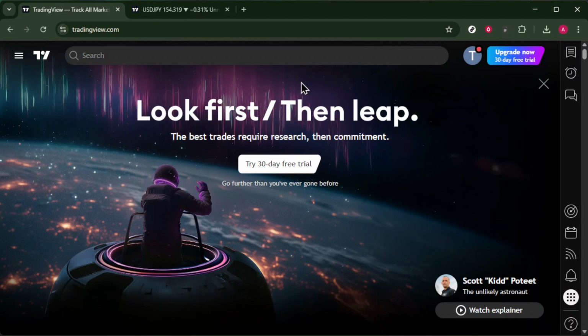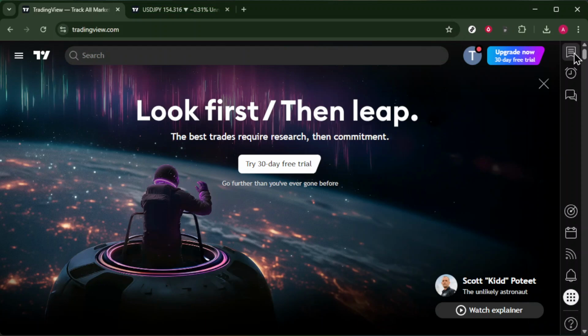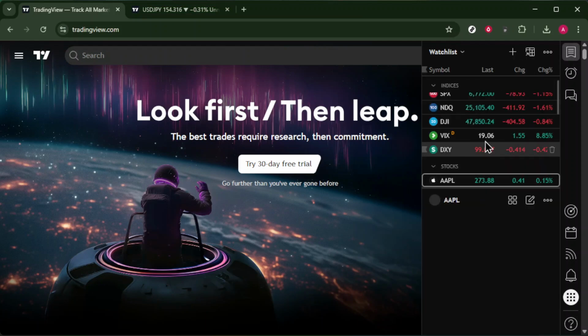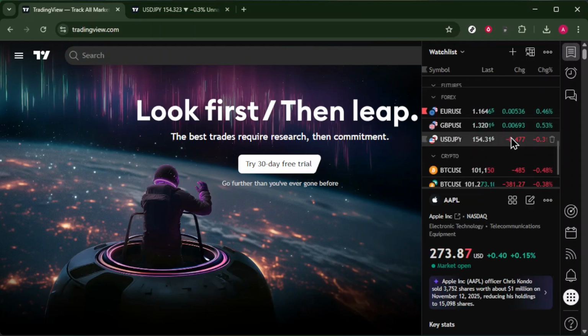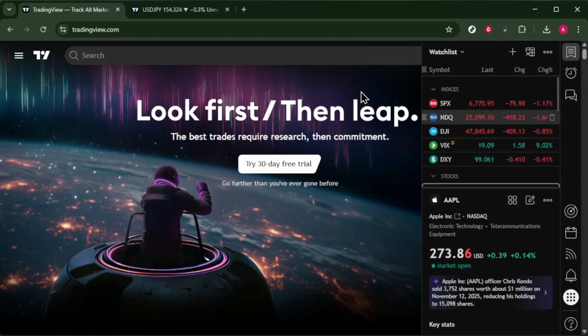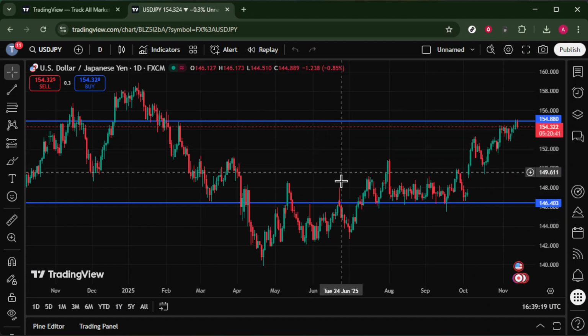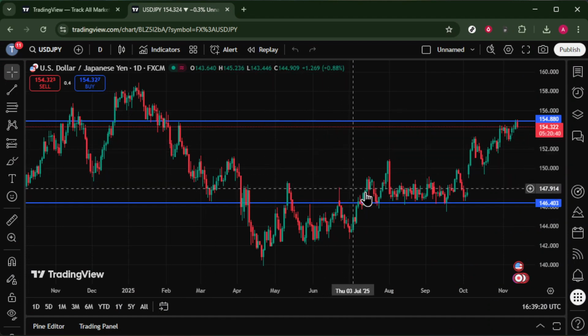To begin, you'll need to navigate to the TradingView website. Once you're on TradingView, the next step is to choose a chart that you'd like to work with. Whether you're analyzing Forex, stocks, or cryptocurrency, TradingView provides a comprehensive selection of charts to suit your needs. If you're already logged in, you can simply open the chart from your list of saved ones. But if you're new to TradingView, you might want to explore the platform and choose a chart that aligns with